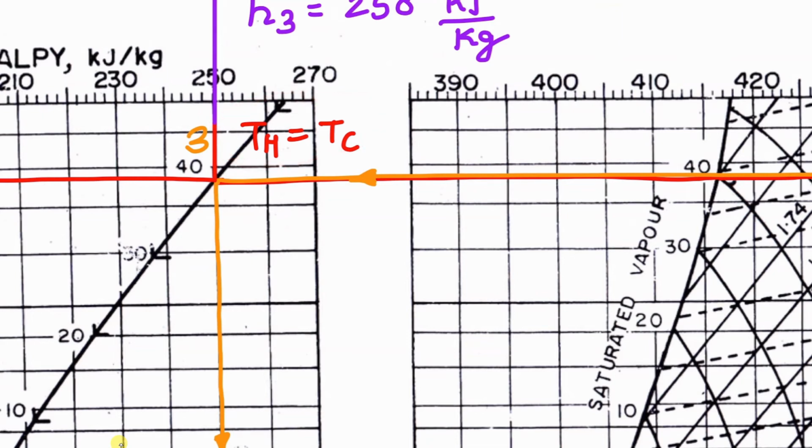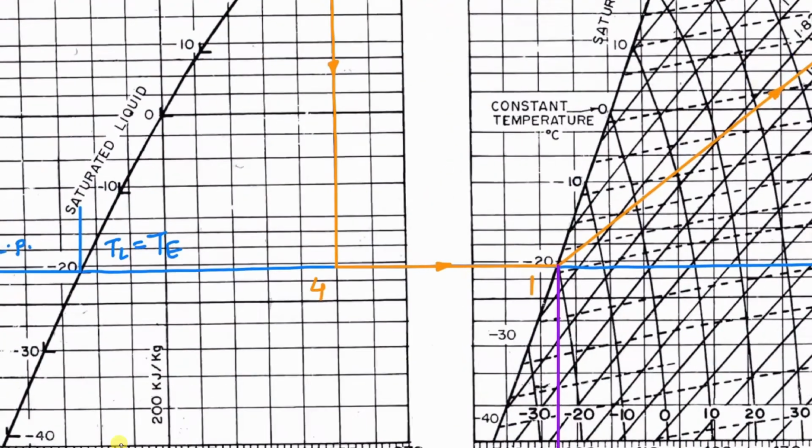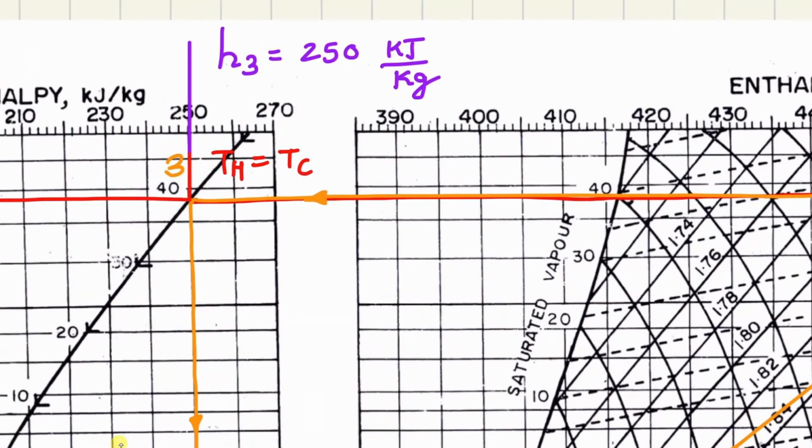TH equal to TC. Then T low temperature, it is -20. So this you can see, this is -10, right angle is there, then -20. Again here be careful, this -20 is not this horizontal. Here -20 right angle will be given. Similarly, this is -30. So from -20 on this side and -20 on this side. Now here also you have to be careful. Here you can observe that these curves are dropping down. These will be the temperature values.